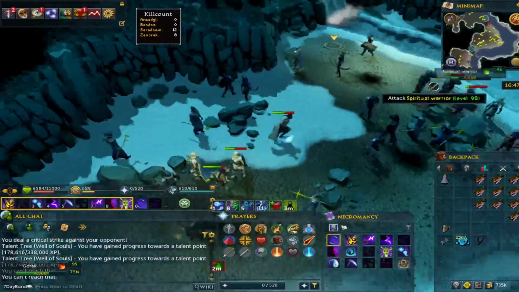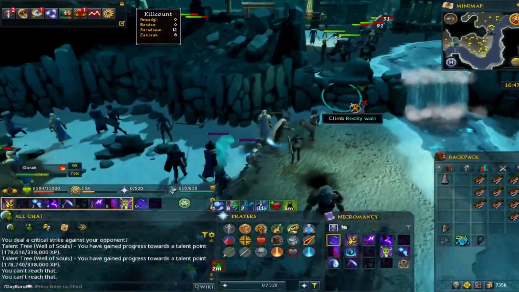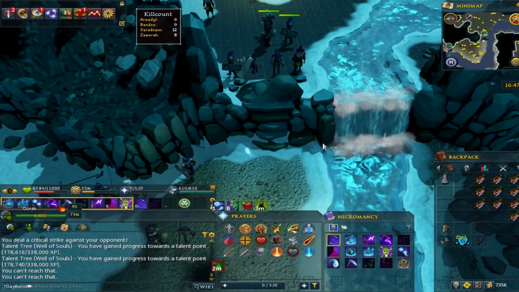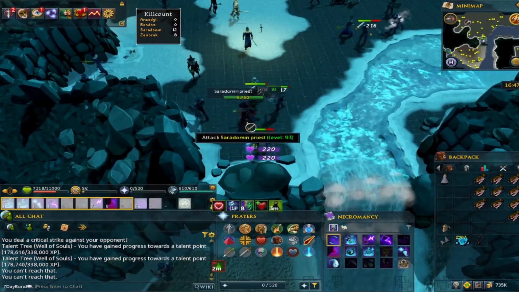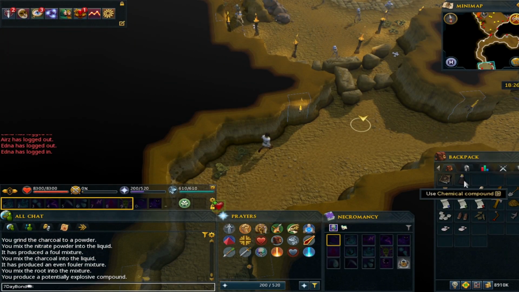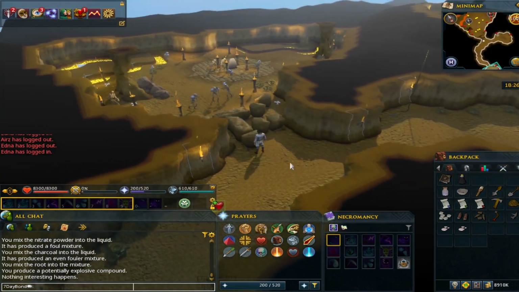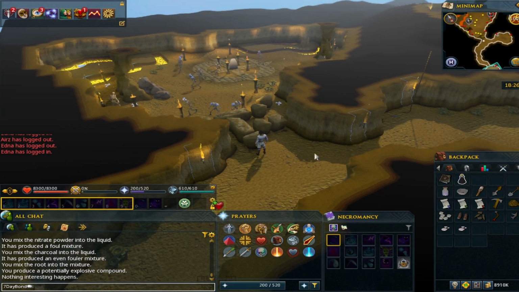Done Sara, so I've got to kill the Sara minions, which are by far the hardest out of the lot because I don't really have the Slayer level to go and kill things like mages. But we'll pretty much be doing it in all 4 areas as well. So for whatever reason, to do the frozen key, you need to complete the dig site. So now we're going to go and blow up these rocks and hopefully,